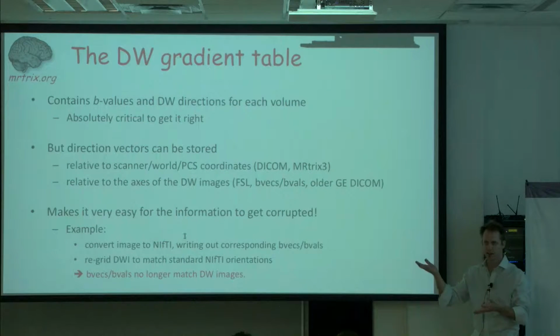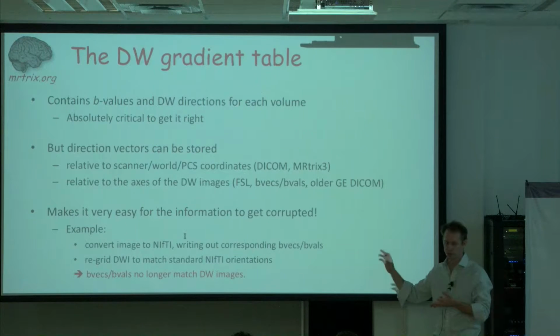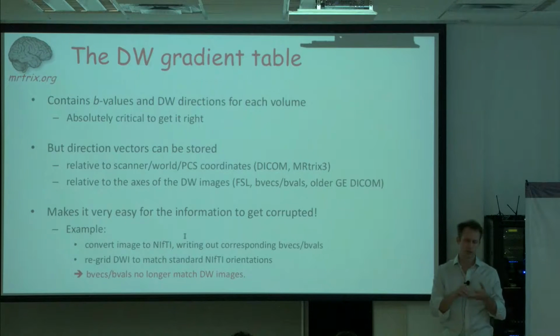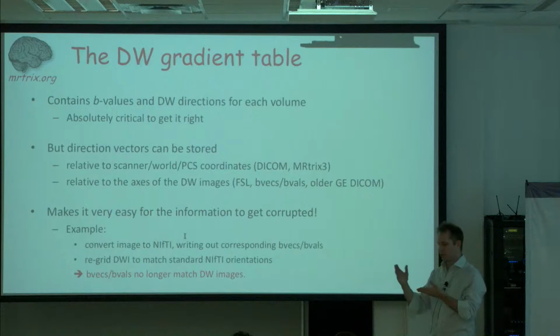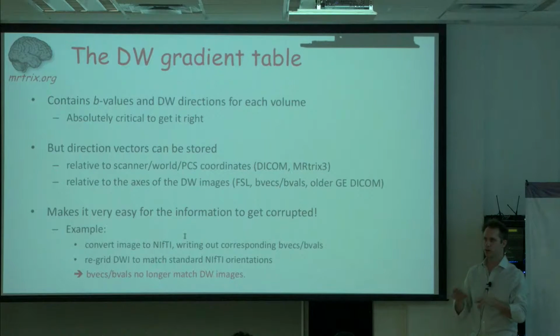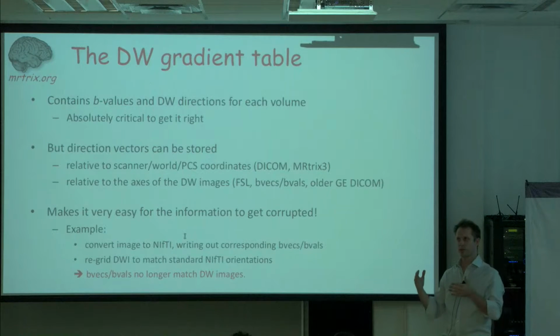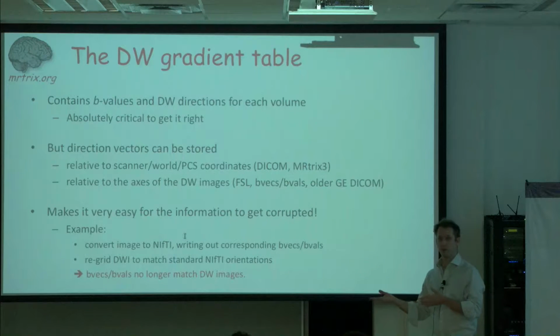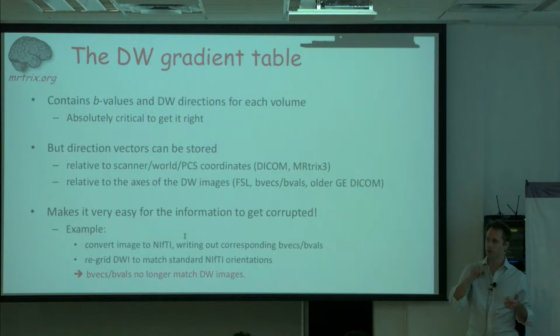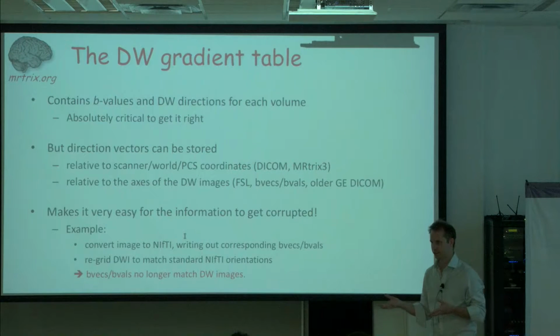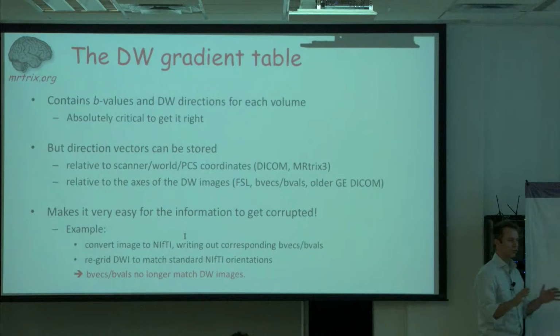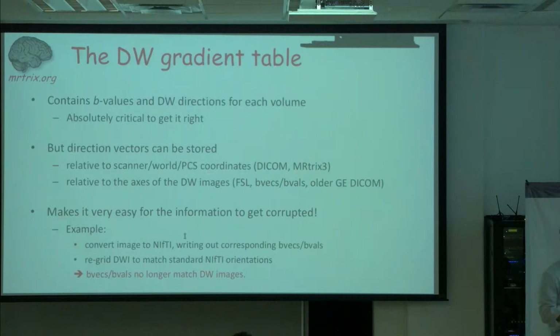So on an oblique scan, in the DICOM, the values themselves will be stored in a different coordinate system than on a Siemens or a Philips. On top of that, on a Philips, if you specify your gradient directions manually, if you take the overplus option, then they're specified with respect to scanner coordinates. But if you tick that off, then they're specified with respect to the image axes. So there's all kinds of ways for things to go very, very wrong if you don't keep track of